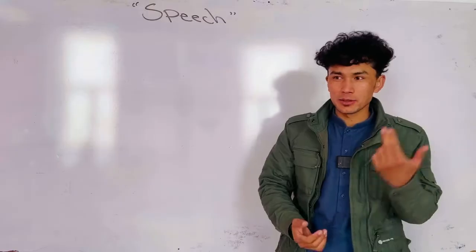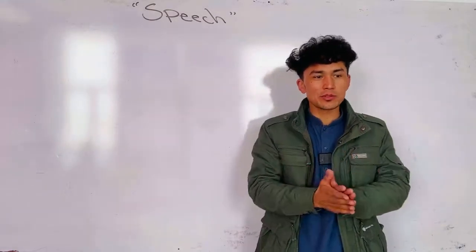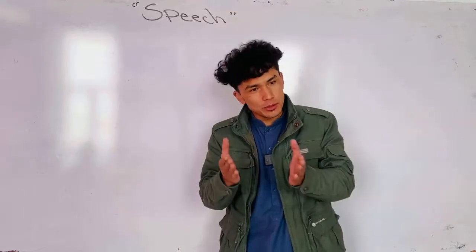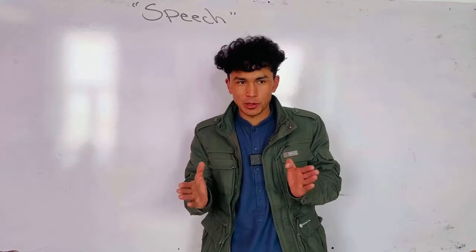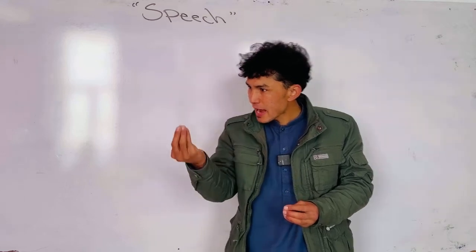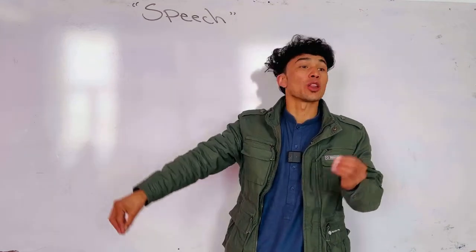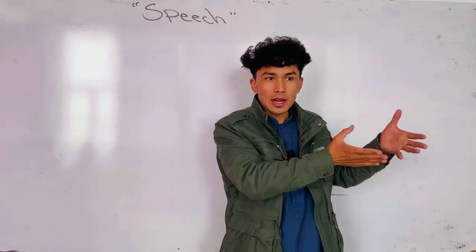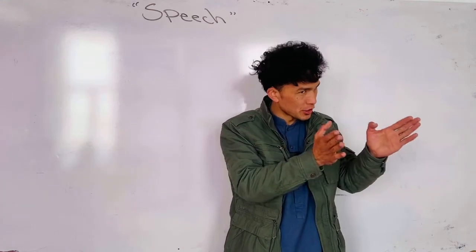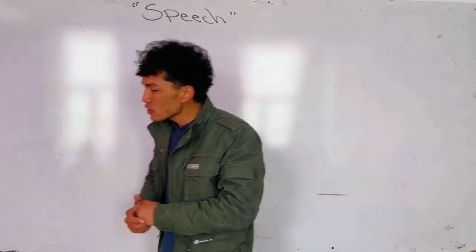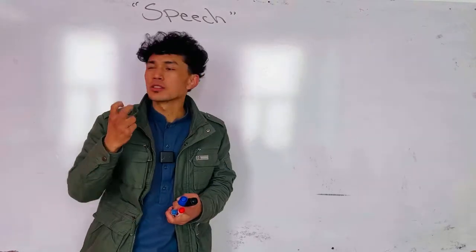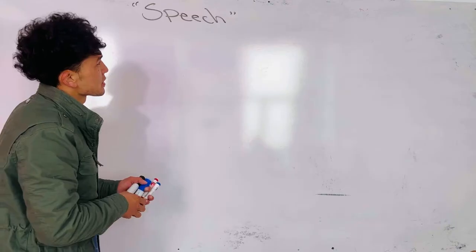Speech is divided into two sections because we are supposed to report a person's talk to somebody else in two different ways. One way, exactly what the person said. On the other hand, with some changes, with our own words, but the same meaning. Did you understand? So, speech, as I told you, somebody's talk. We can report somebody's speech in how many ways? Two ways. Number one is called what?